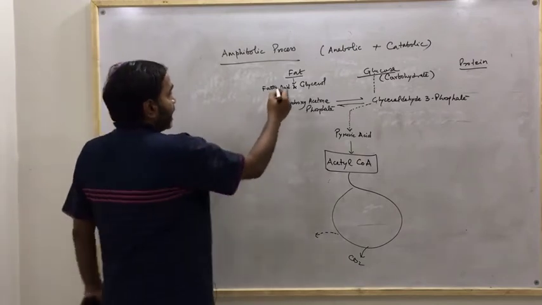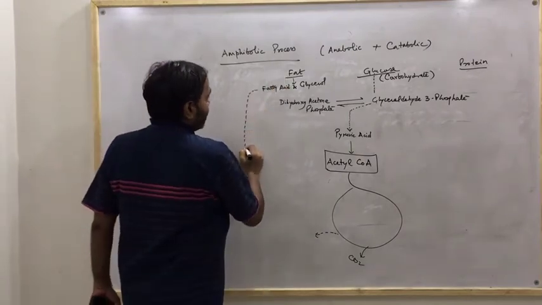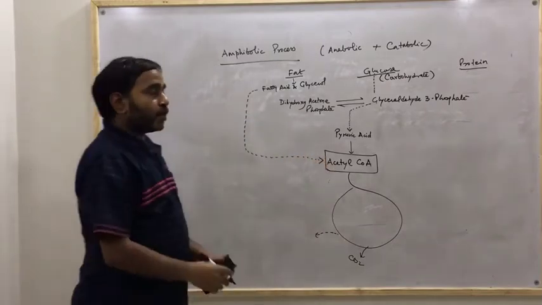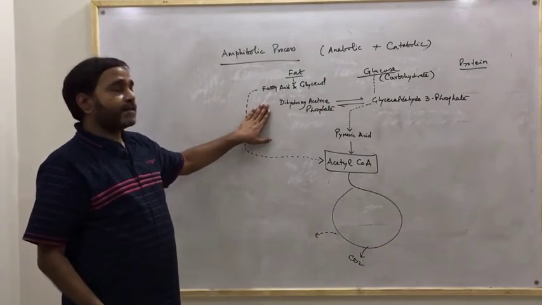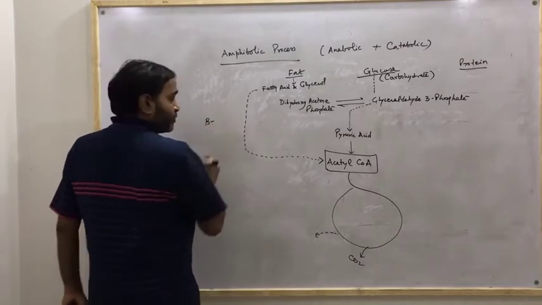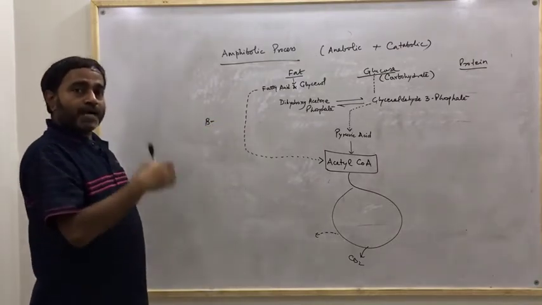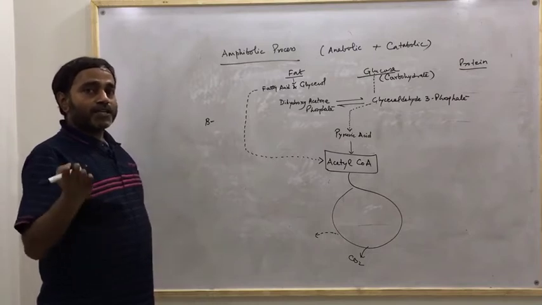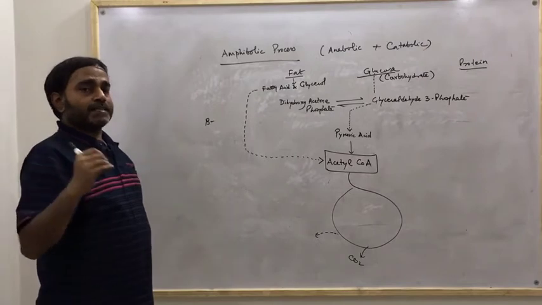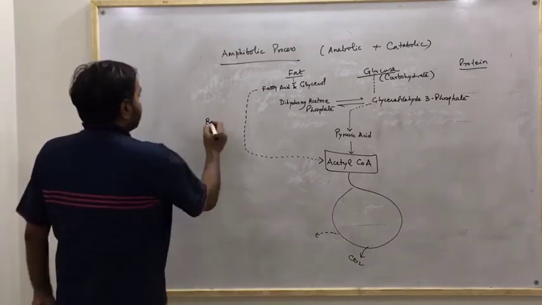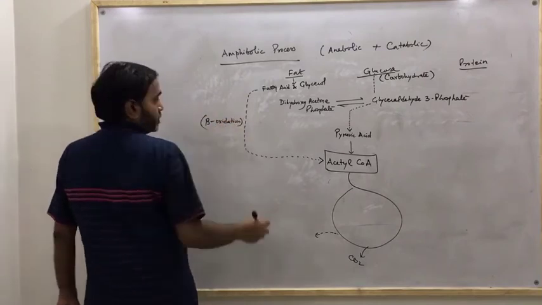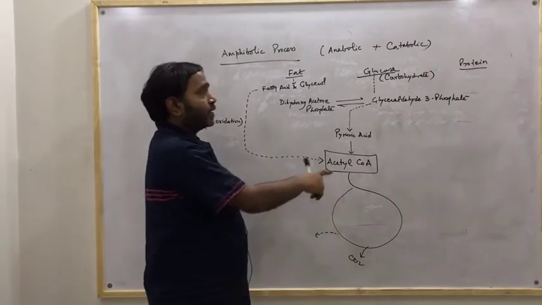So these fatty acid and glycerol may enter into other pathways and finally form what? Acetyl-CoA, because after beta oxidation of fatty acid, acetyl-CoA will result. So you can write beta oxidation, which is very common. That's why we write beta oxidation. Otherwise alpha oxidation and gamma oxidation will also be there, but those are specific to certain organelles. But beta oxidation is very common. Beta oxidation will change it into acetyl-CoA.